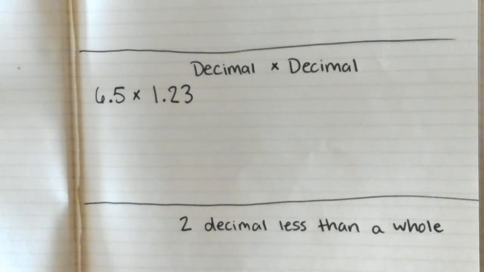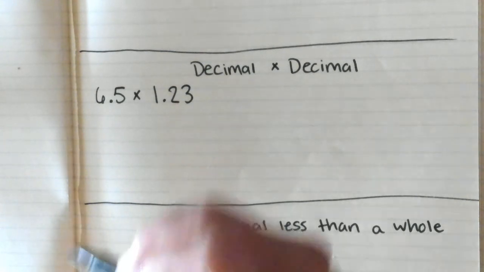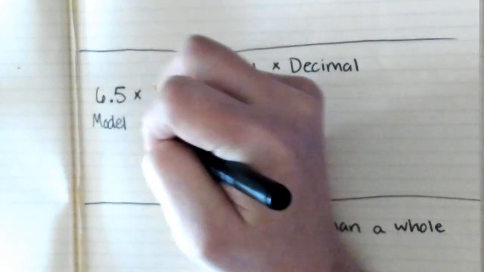So our model, what makes more sense to you? 6, well, and we know this is a half, right? 6 1/2 groups of 1.23 or 1.23 groups of 6 1/2. Yeah, I'd probably say 6 1/2 groups of 1.23 because, and let's write model,